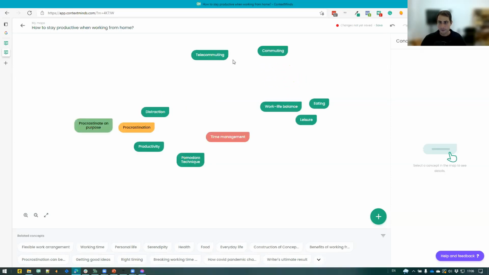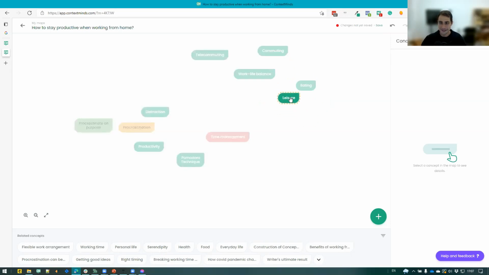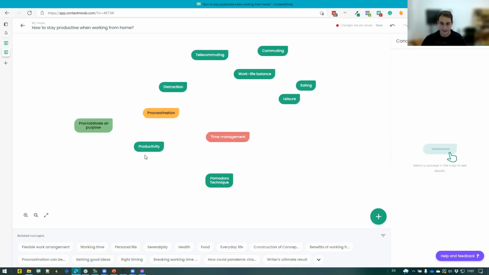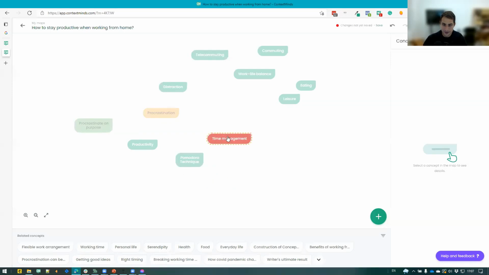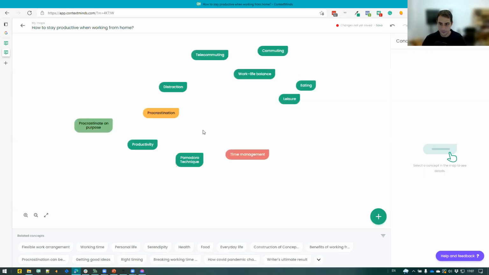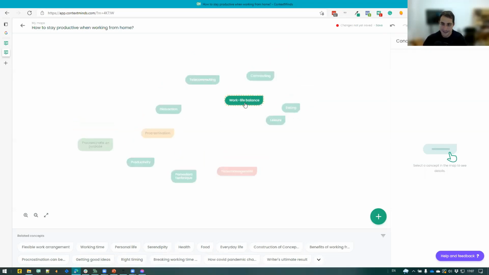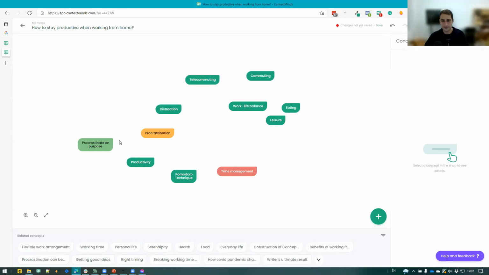So I will probably talk about the advantages somewhere in the introduction. Then I will speak about the distractions leading to procrastination, which then reduces your productivity, and then introduce this Pomodoro technique from the time management domain, which can help you. So this can be a somewhat preliminary layout of our map, and we can move to the next phase, which is